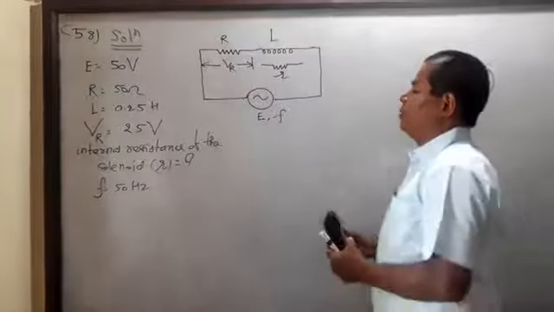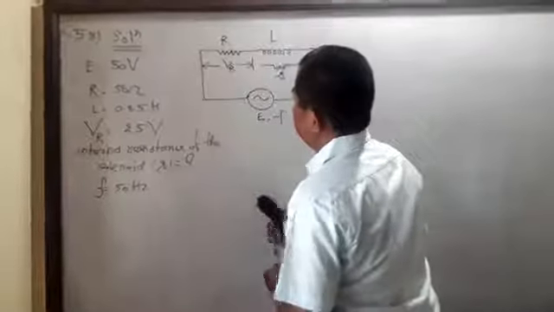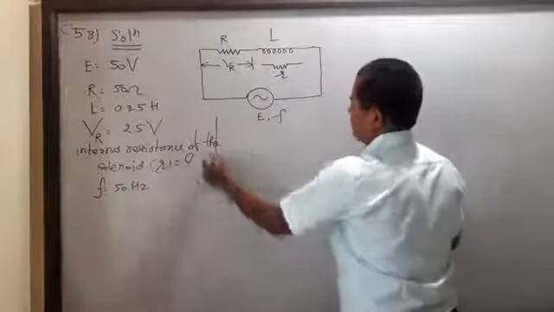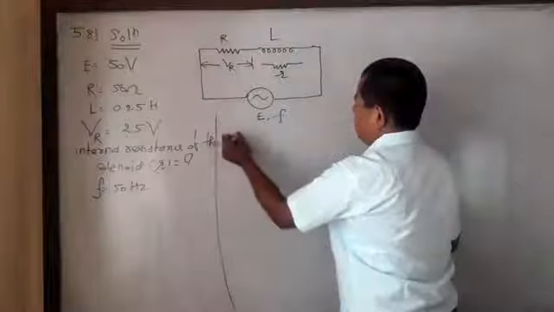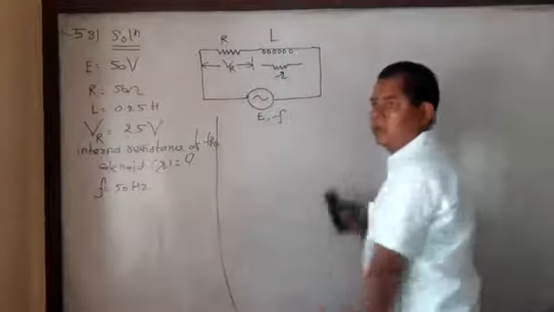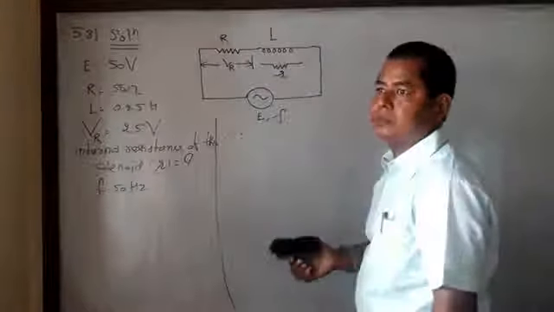Listen, first we have to find the impedance of the circuit, Z. Therefore, Z is equal to